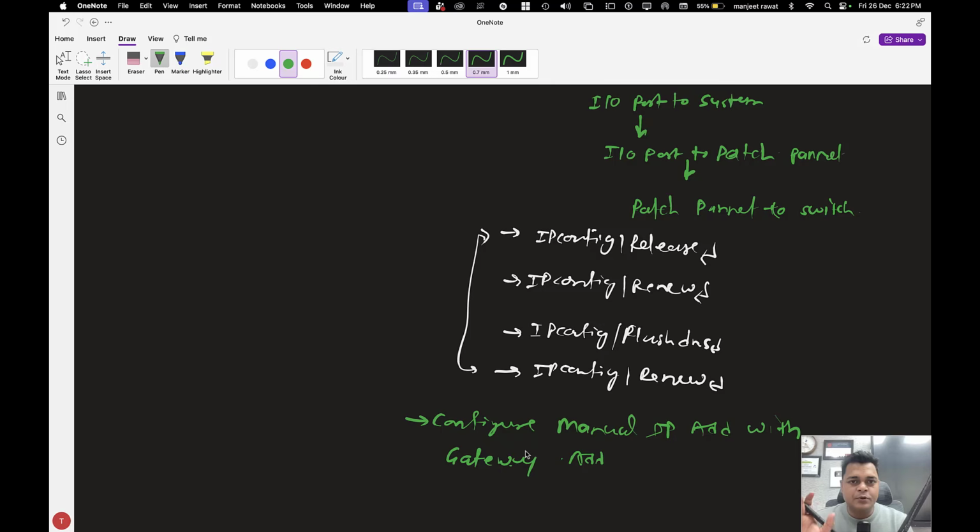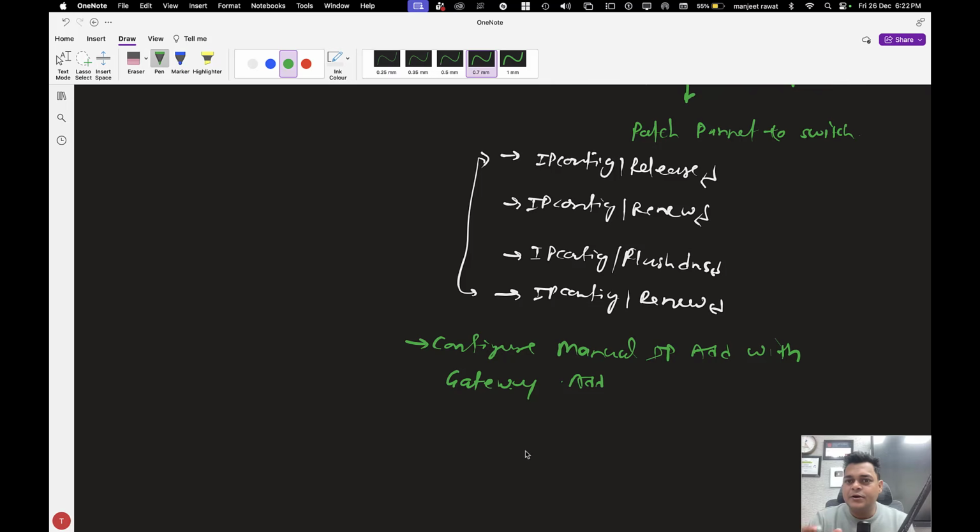So you can go ahead and check the DHCP pool. If no space is available in the DHCP pool, then you are not able to access the internet. But again, after giving the manual IP address to your computer, if you are still facing the problem of no internet access, then what you need to do? Then let's start with some physical troubleshooting. The physical troubleshooting, like you need to update